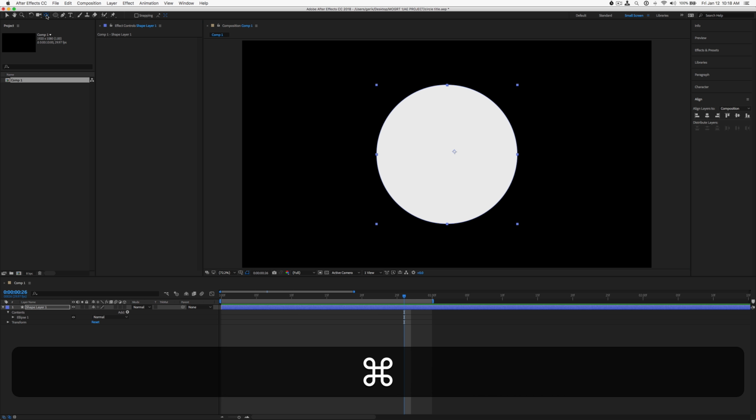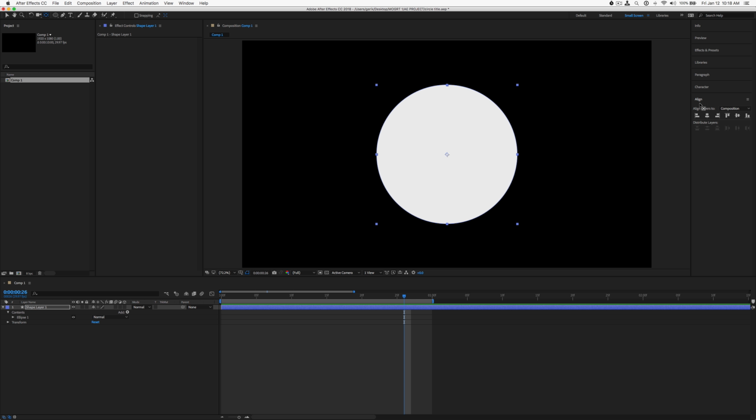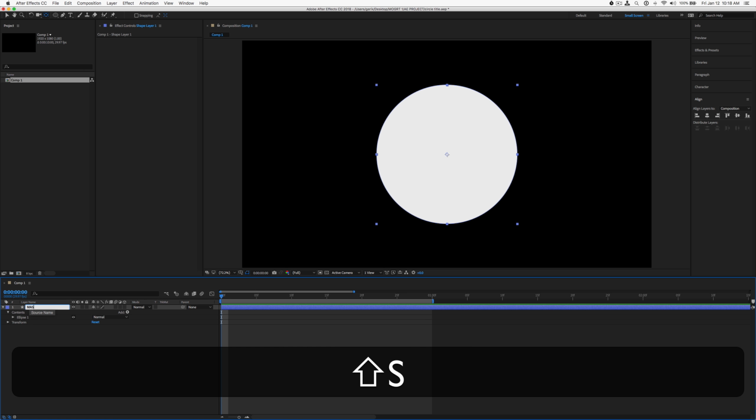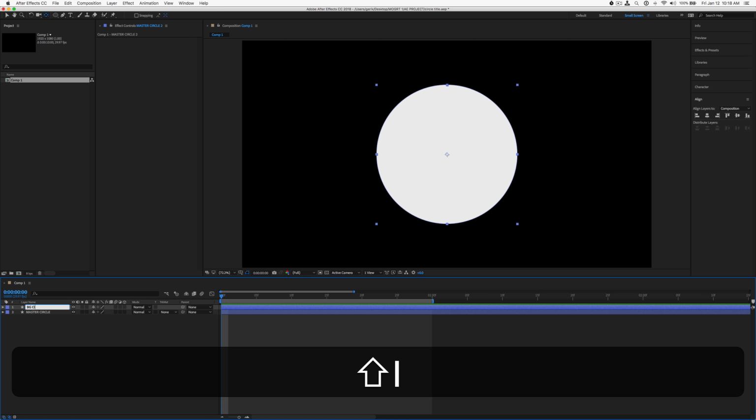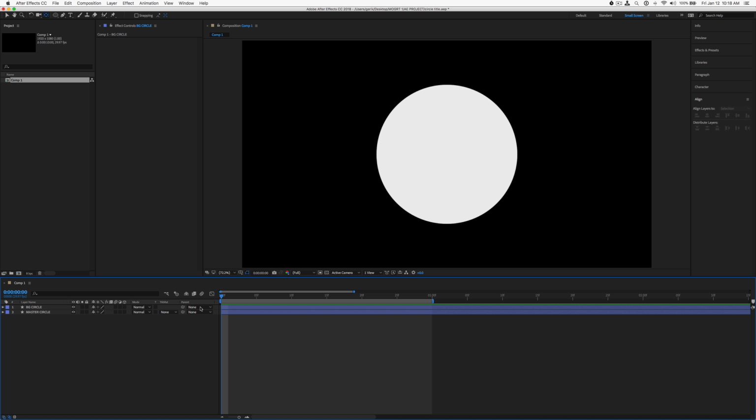We'll center up the anchor point by hitting Command and double tapping the pan behind tool. And then we'll center, align that up on our comp. And we'll call this master circle, from which all other circles I make will be created. Let's duplicate that. Call this our background circle. Okay. Let's shy our master circle for now, and we've got our background circle, and we are going to